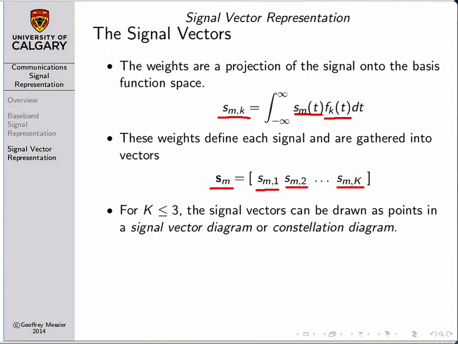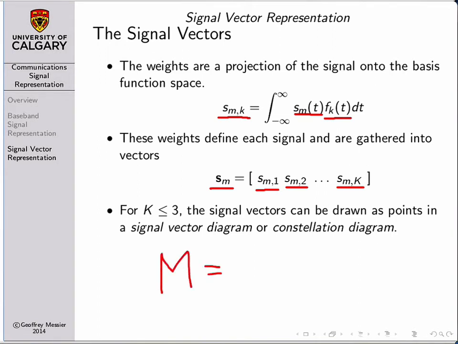So just to sum up, and this is an important point, remember that the number of basis function signals determines the dimensionality of our signal vectors, because we have to have one value in our vectors for each one of our basis function signals. The number of signal vectors that we have is determined by the number of different modulation signals that we want to generate. And that's determined by M